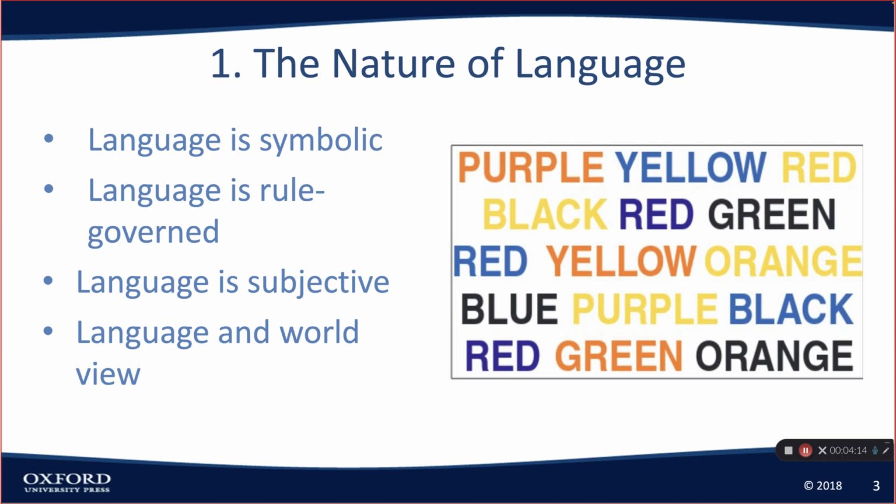The fact that language is subjective is that they say the meaning is in people, not in words. We all look at a word, but it means something different to everybody. Like you might say the word family, and for some people that gives them a warm, fuzzy feeling, and for other people it makes them want to run away. So that's how it can be subjective.